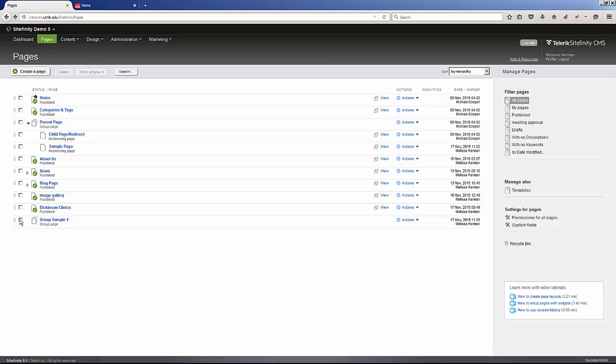So now I'm going to create a child of this page. You can do this two different ways. I could just simply create a page and then select the parent at that level, or I can click on the little box next to the parent page and you'll see my options change. It changes to create a child of the selected page. So I'm going to click on that